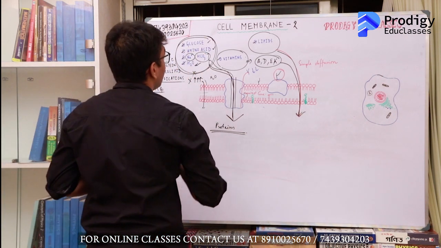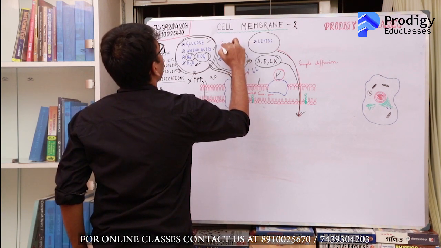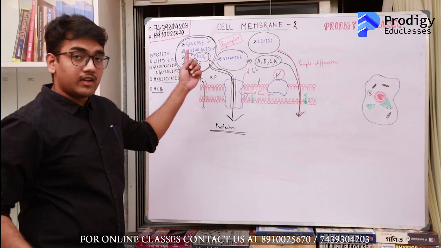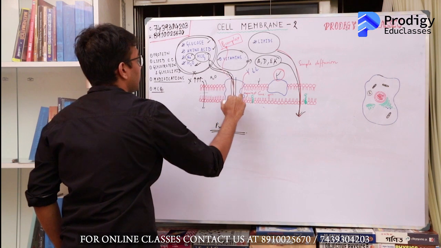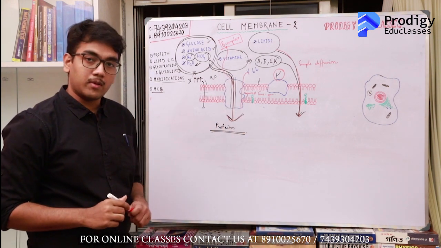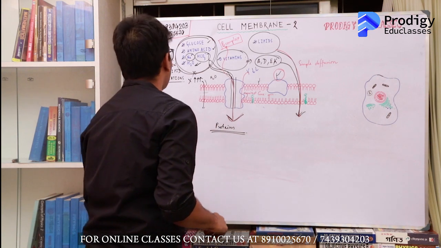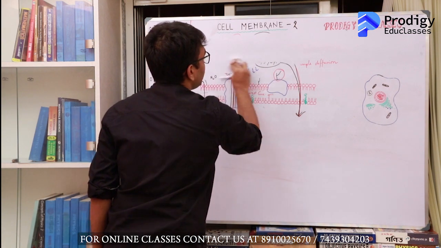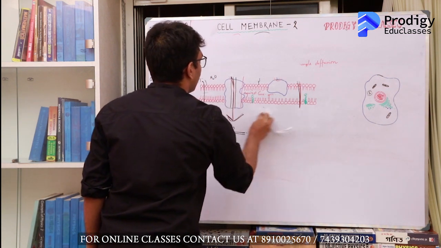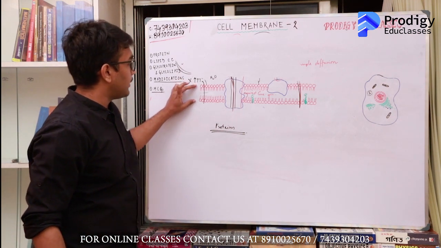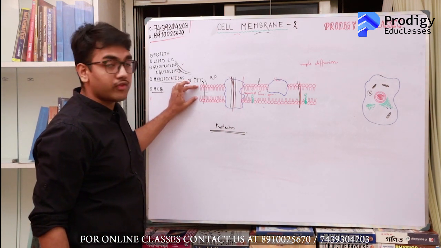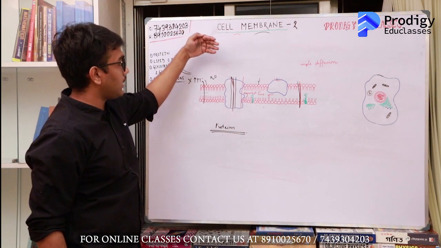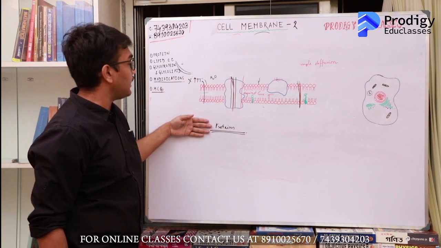On the other hand, if you look at vitamin B complex, they'll have hydrophilic properties, so they'll use carrier proteins to get transported across the cell membrane. Okay, so next we'll come to the function of lipids and cholesterol in the cell membrane. Look, lipids form the basic structure of the cell membrane. As you have already seen, lipids are creating a hydrophobic barrier between a predominantly aquatic outer environment and a predominantly aquatic inner environment.